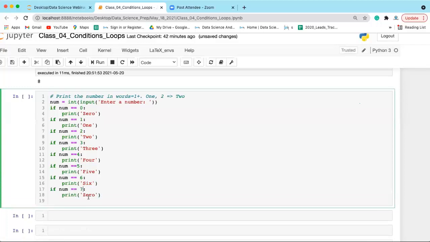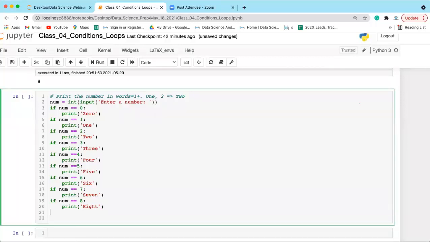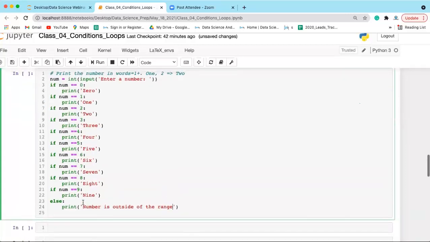Similarly 7, 8, and 9. Finally, you write the else block: outside of the range.